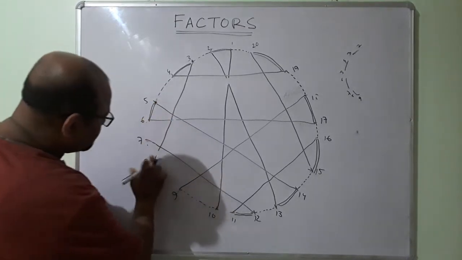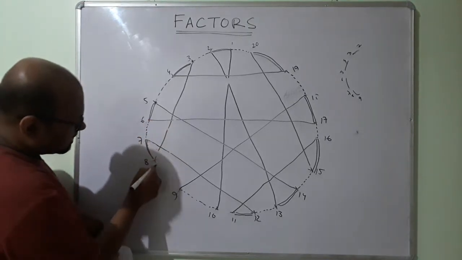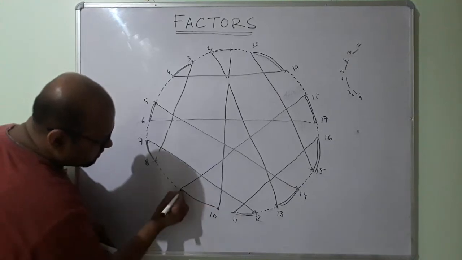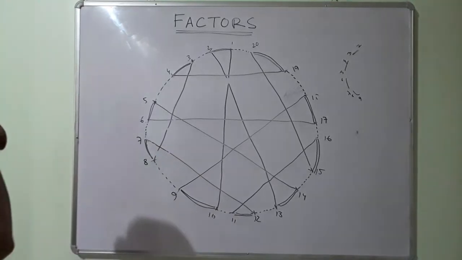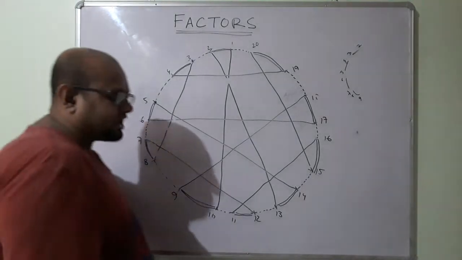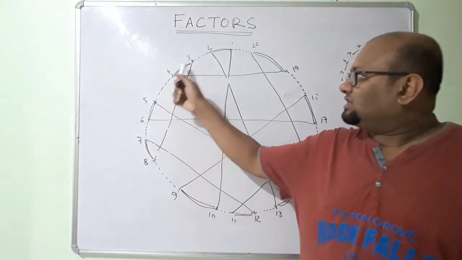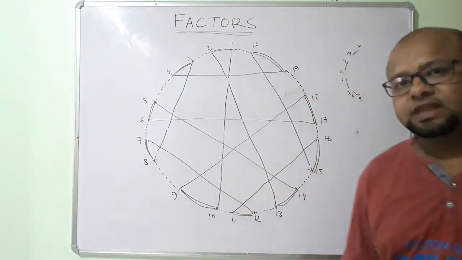Okay, dash line should have been here, solid line would be here, then dash line would be here, solid line would be here, okay, and the dash line would be here. Okay, now this dash line, okay, double dash line, this, and so on, is giving me one more matching, right?